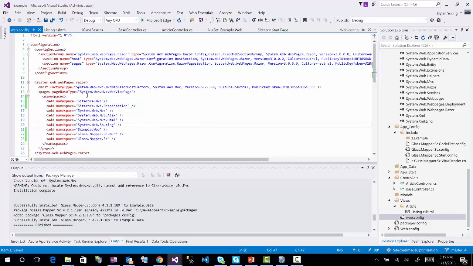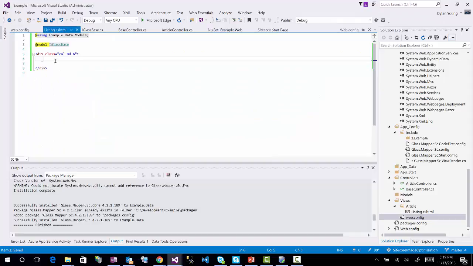All right, I just added the more common ones. There's the Sitecore common namespaces you want to include, as well as the glass mapper ones. This will just allow you to, when you're calling these extension or these